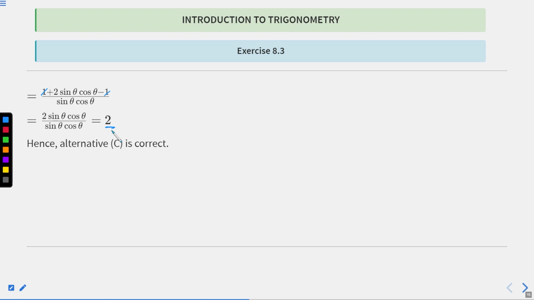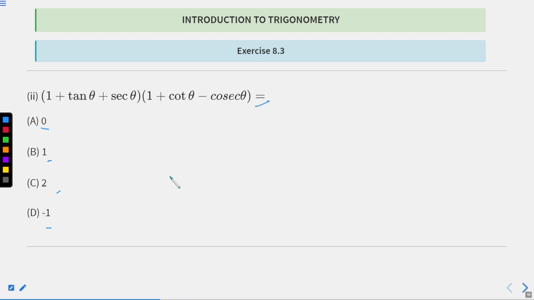So you can check the options now. In option C we have 2, so here the correct answer is option number C. So (1 + tanθ + secθ)(1 + cotθ − cosecθ) is equal to 2. Basically, we first simplify this, and after simplifying we get the value equal to 2. Now let us see